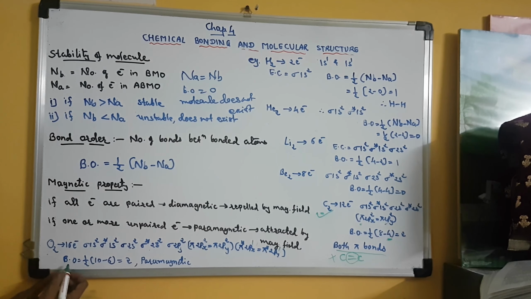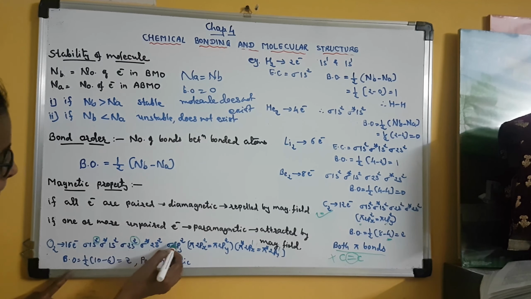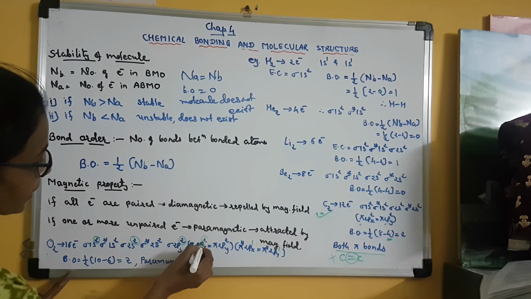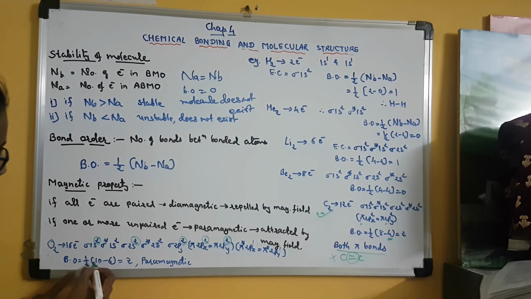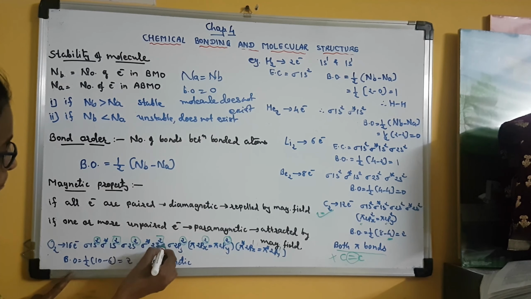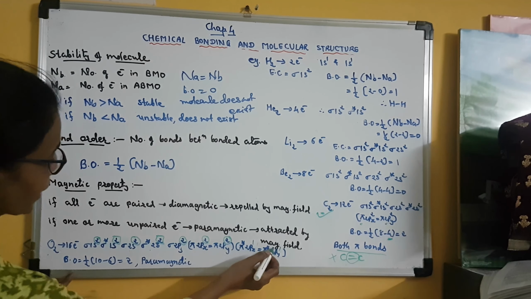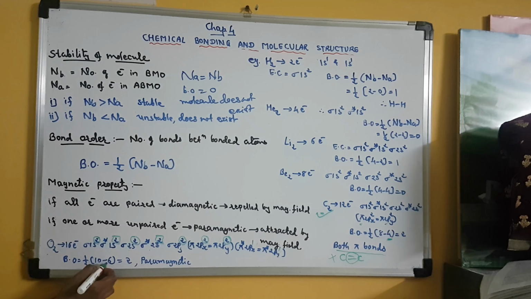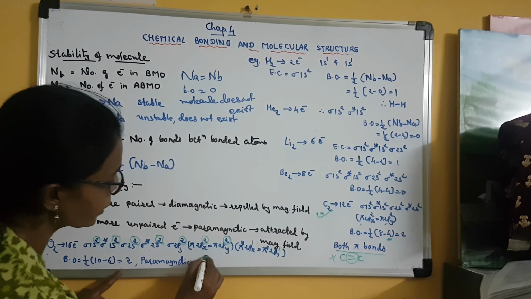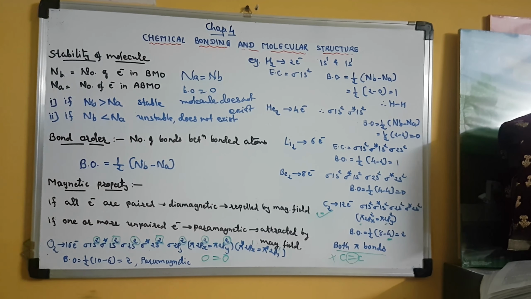Okay. Now here you can see bond order is equal to, so here bonding electrons: 2 plus 2 is 4, plus 2 is 6, then 8 and then 10. So 10 bonding electrons, and anti-bonding electrons are 4, then 5 and 6. So 6 anti-bonding electrons, so 10 minus 6. Clear? So it is 4. So 4 divided by 2 is equal to 2. So in oxygen there is a oxygen, double bond, oxygen. Is it clear?